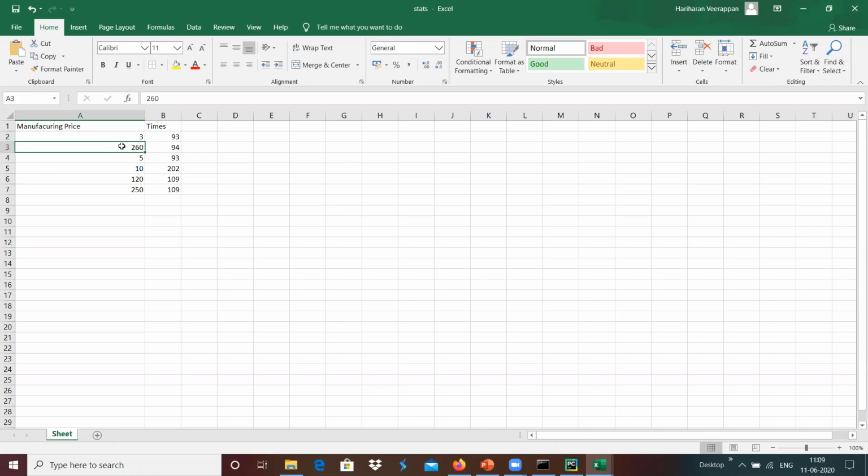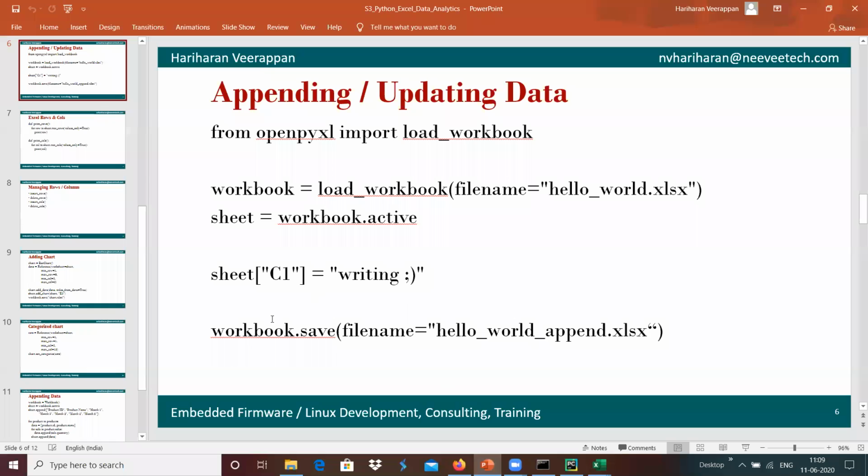If we wanted to build this as a chart, in a user-presentable format, then we can use the chart information over here.